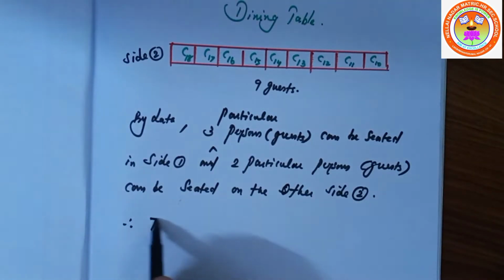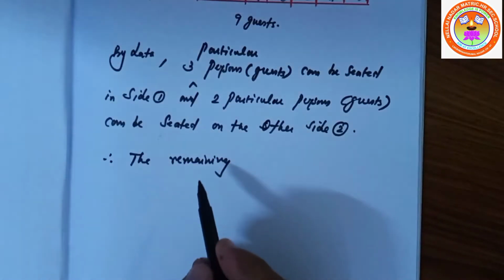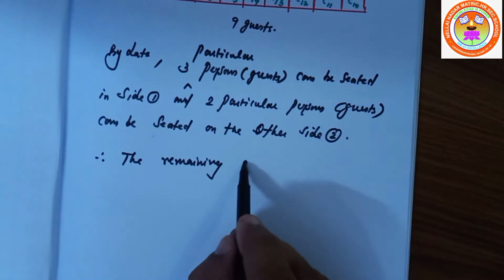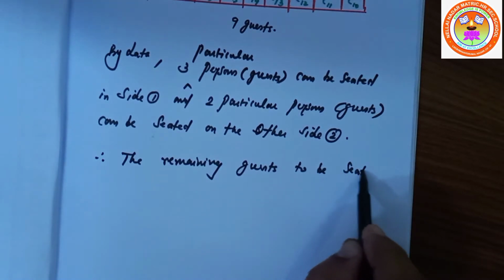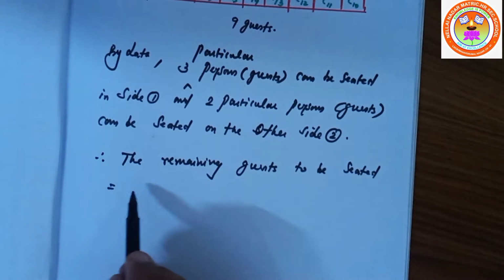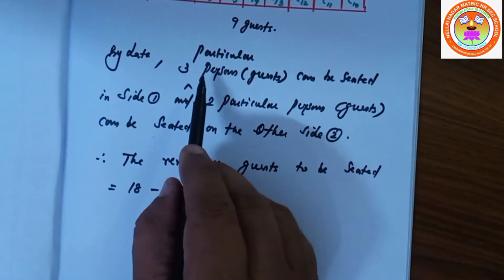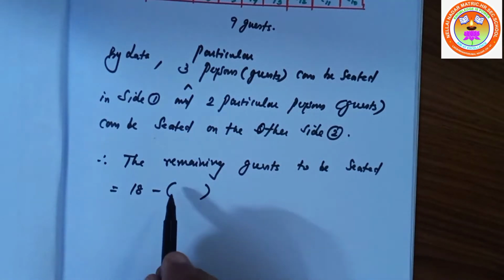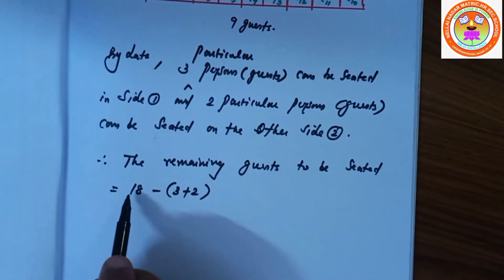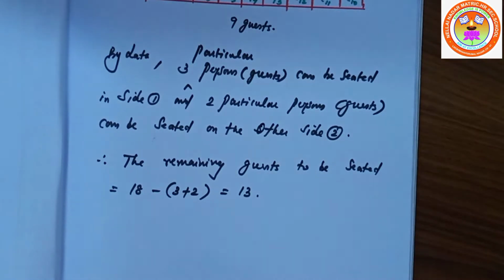therefore the remaining guests to be seated equals total number of guests 18 minus one side 3 particular persons will be seated, and other side 2 particular persons will be seated, so both to be added. So 18 minus 5, that is 13. Okay, therefore the total number of arrangements